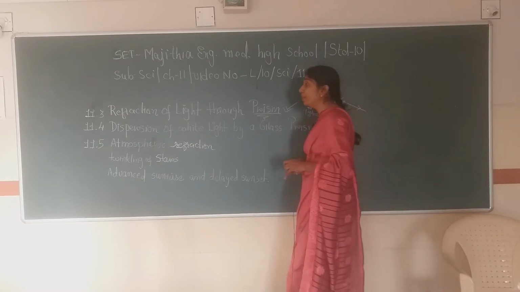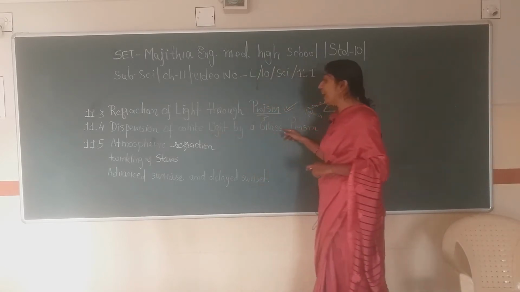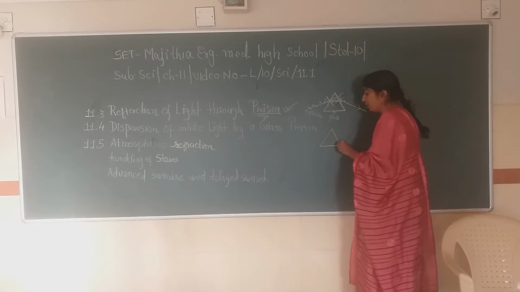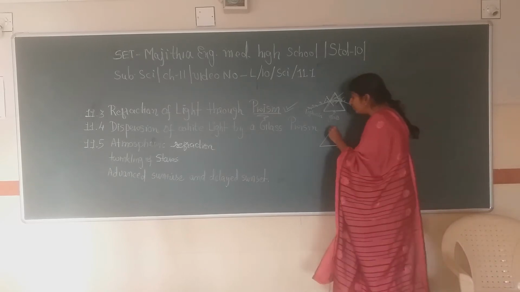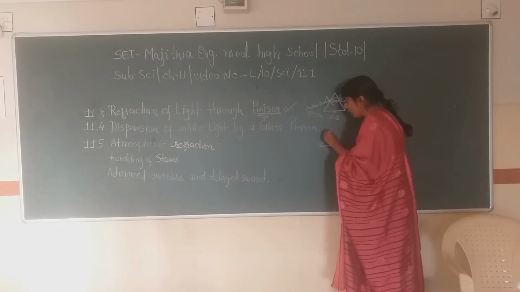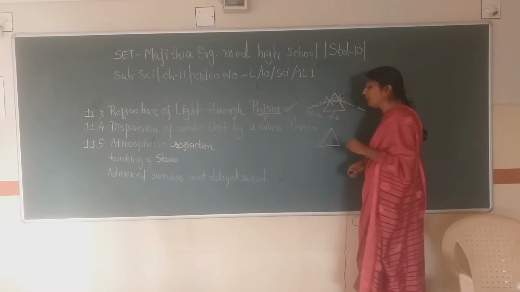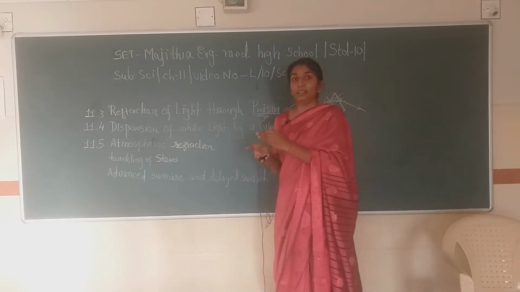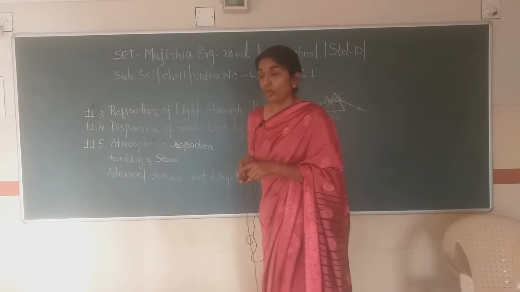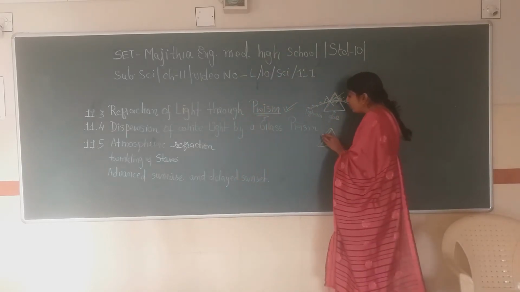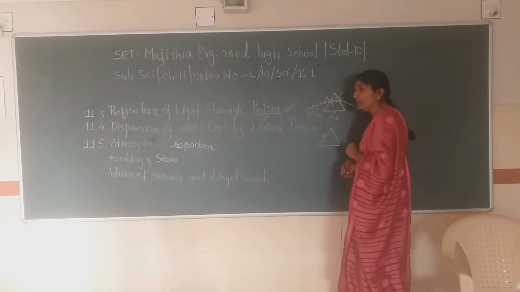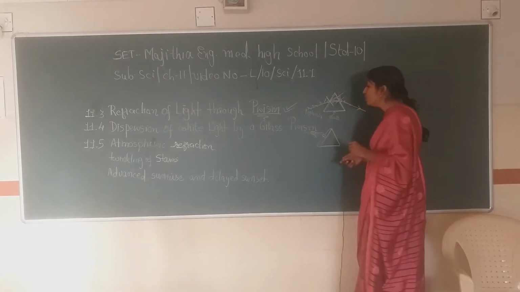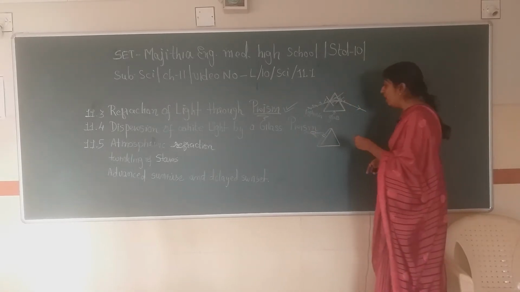Next topic is dispersion of white light by a glass prism. In this situation, we will have a prism, and we will cover one side of the prism. It should be a rectangular side. We will put a black colored cardboard on top of it over here, and we will make a tiny hole in it, and we will let light enter into this particular area. So when light enters into this area, you will see on